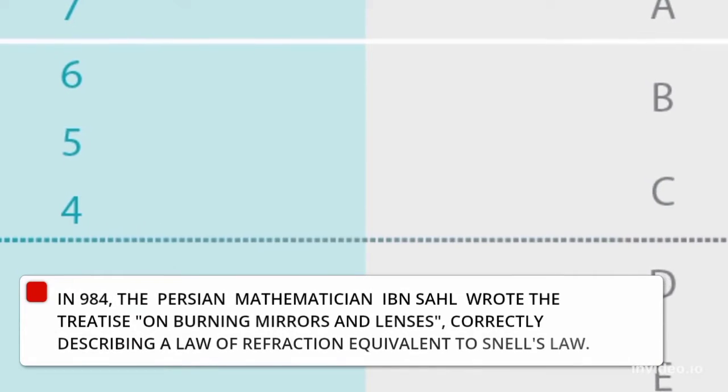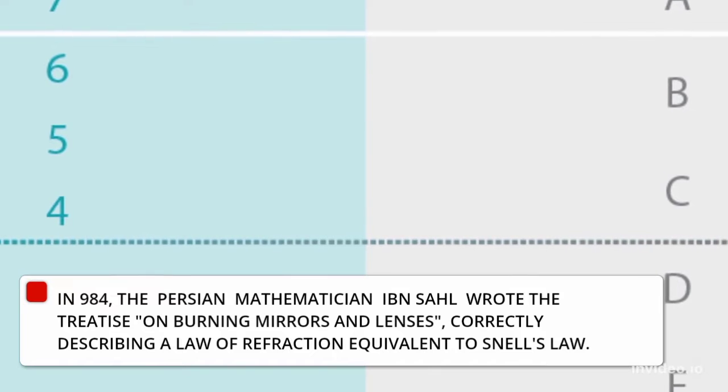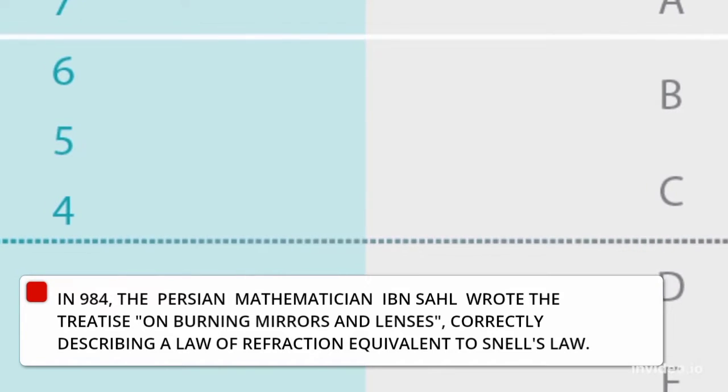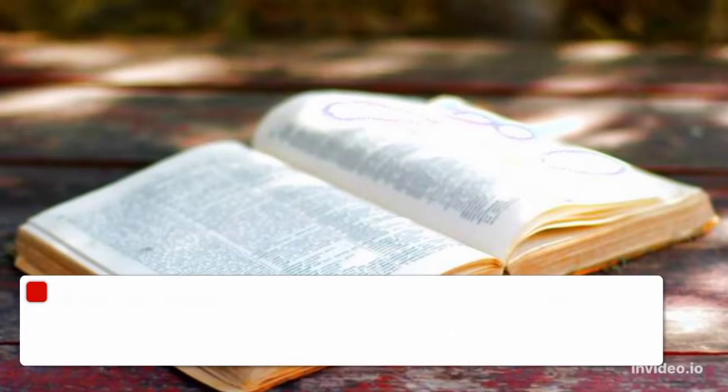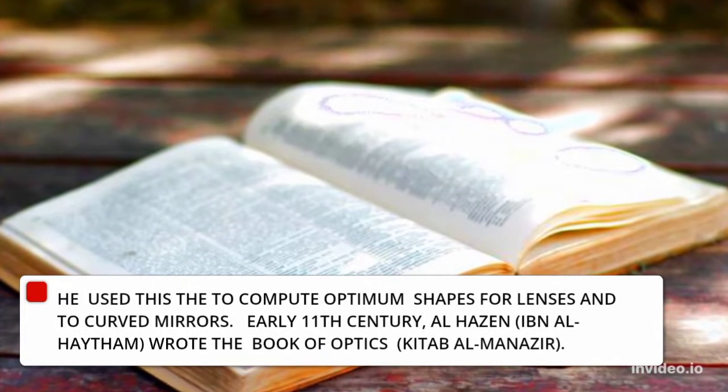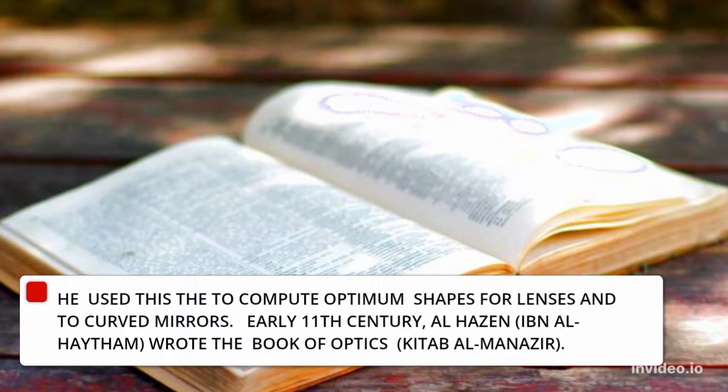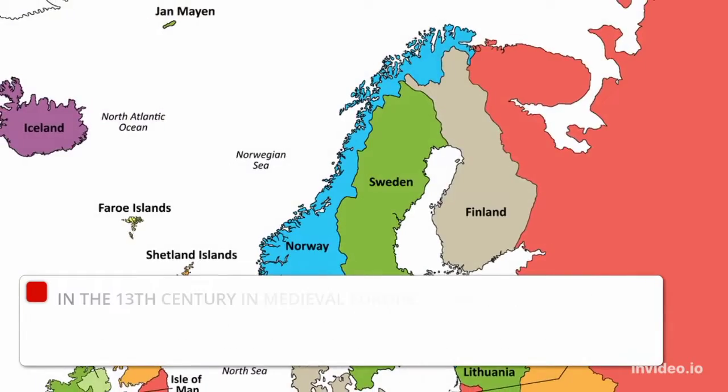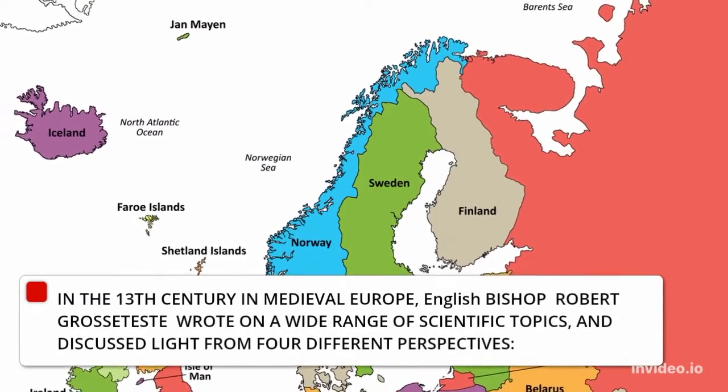In 984, the Persian mathematician Ibn Sahl wrote the treatise on burning mirrors and lenses, correctly describing a law of refraction equivalent to Snell's law. He used this law to compute optimum shapes for lenses and curved mirrors. In the early 11th century, Alhazen, Ibn al-Haytham, wrote the Book of Optics, Kitab al-Manazir. In the 13th century in medieval Europe, English Bishop Robert Grosseteste wrote on a wide range of scientific topics,